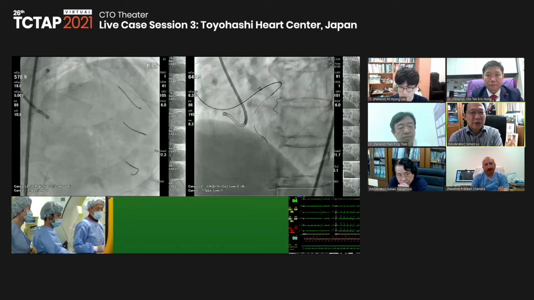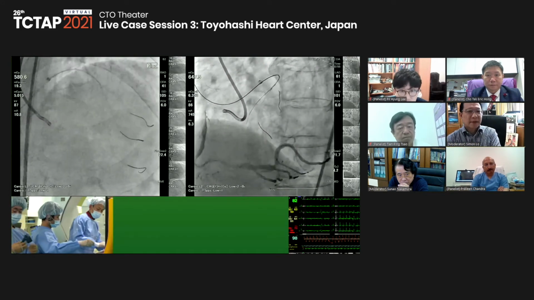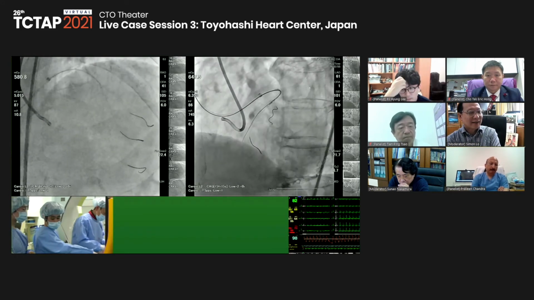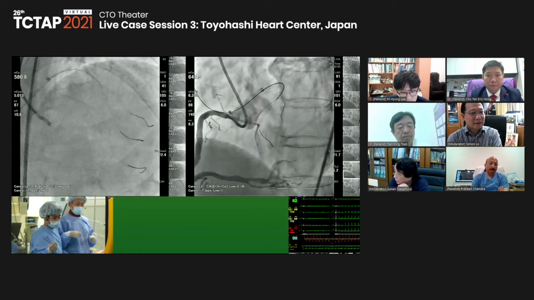So Dr. Nasu, you're going to balloon the LAD first? Yes, of course. From now on, I will use the 2.0 balloon anyway, and then check the IVUS and escalate the balloon size or something.